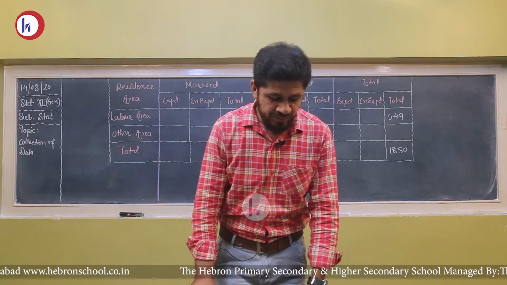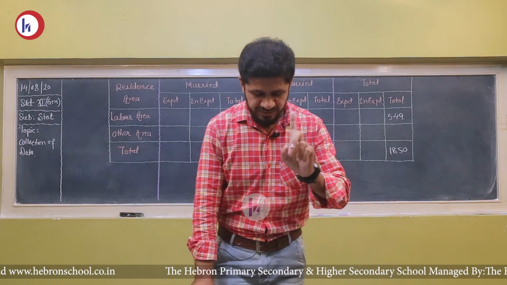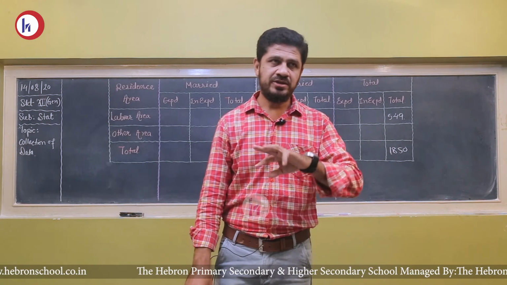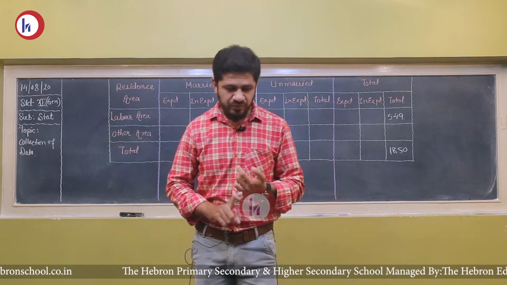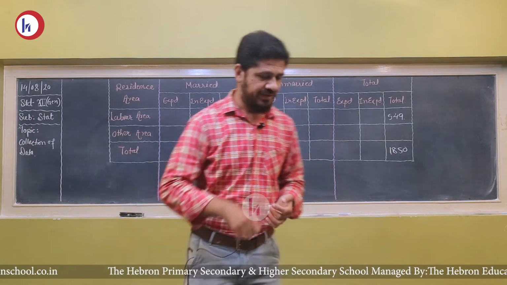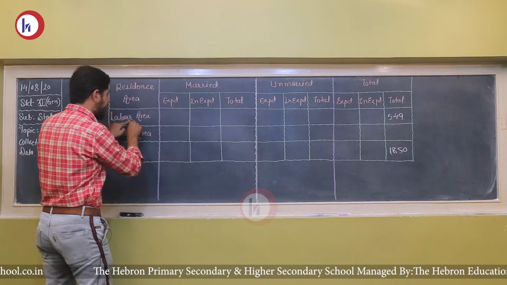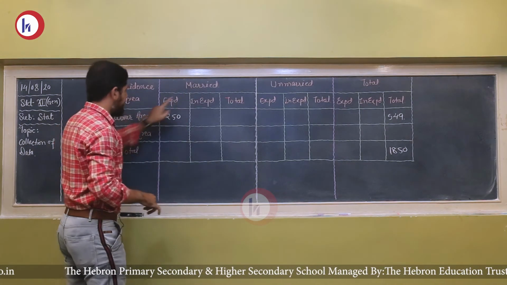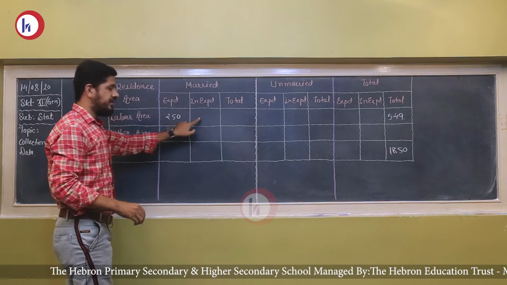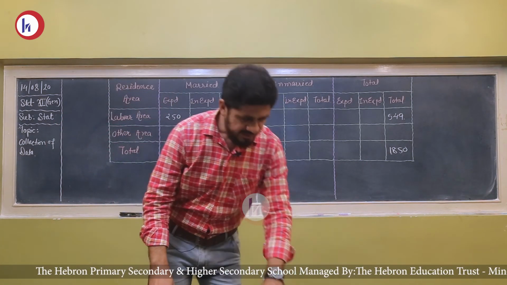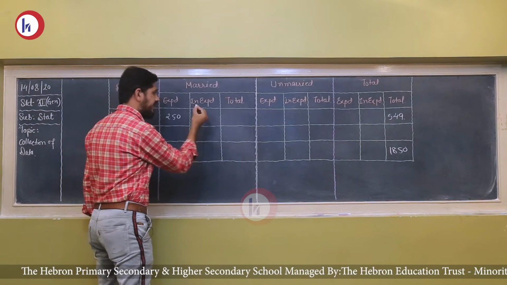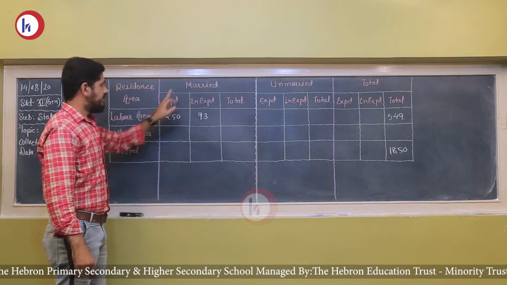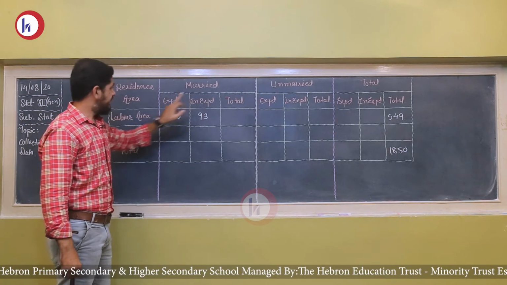Out of total married women of labor area, 2 attributes. Married women who live in labor area and 250 had experience. So again the third attribute is also mentioned. So married women who live in labor area and experienced are 250. Again, married women who live in labor area and inexperienced are 93. I repeat, the married women who are experienced and live in labor area, and the married women who are inexperienced and live in labor area.